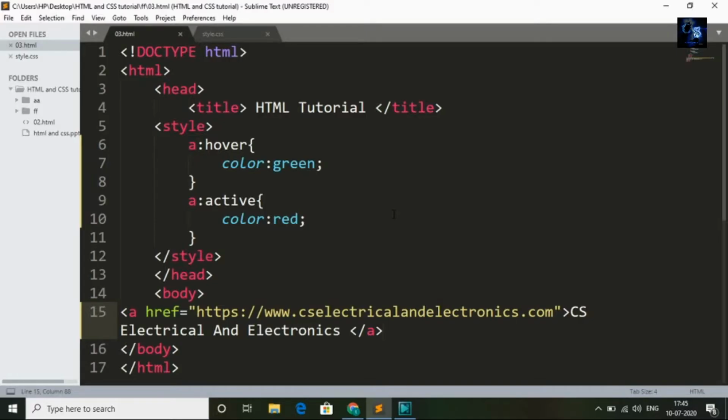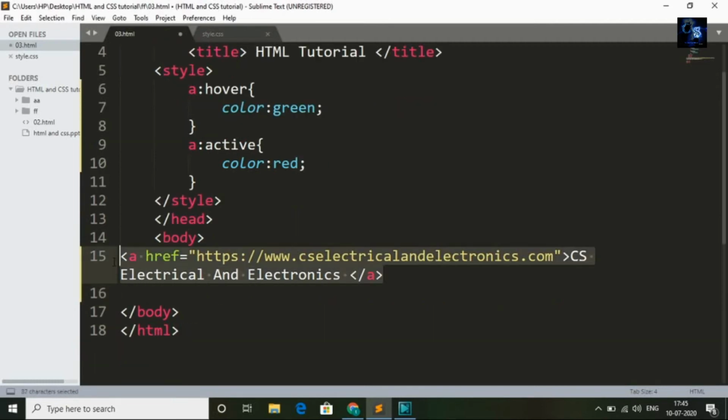Guys, now I will discuss the div tag. If you want to break your website into sections, you can use the div tag. Now I will show you how to use the div tag, and later we will see how to create a website, navigation bar, footer and form. Everything I will share later. Now I will show you how to create a div tag.